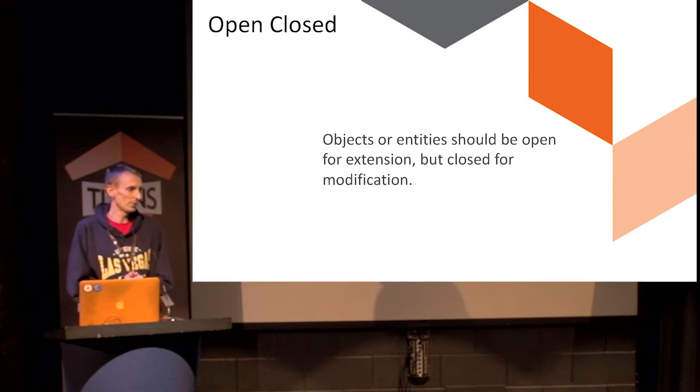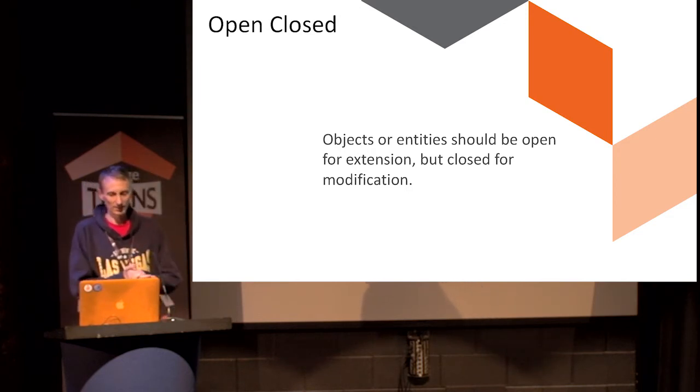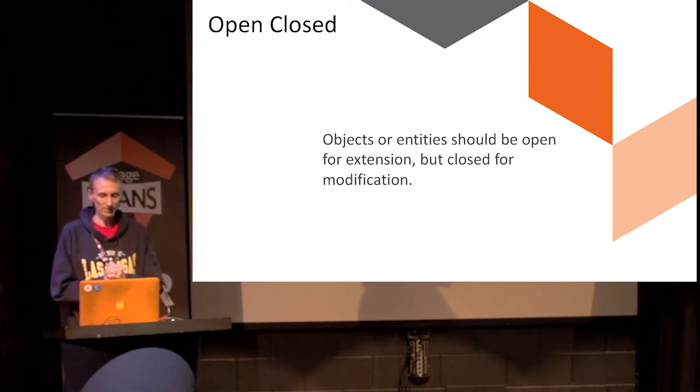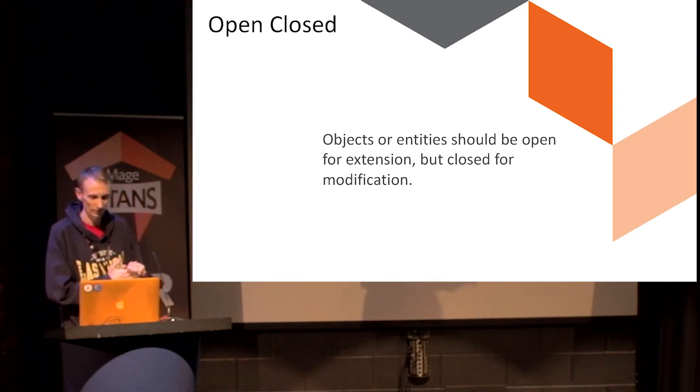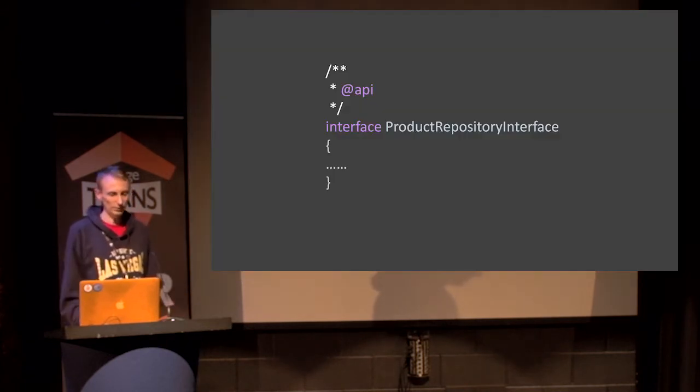And then the open-closed principle. This was another one that I found quite interesting, and I actually got it wrong quite a lot of times in my development. It means that the class should be extensible without having to actually hack the core, as Ben had shouted at us all before. And I had a look through Magento 2 to see how is open-closed actually used inside of Magento 2. Is it actually used? And the good news is that it is.